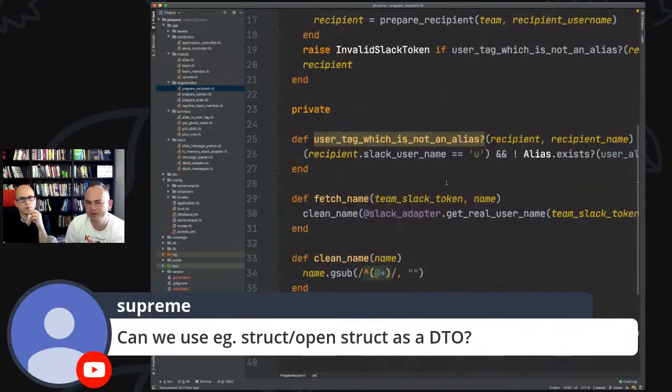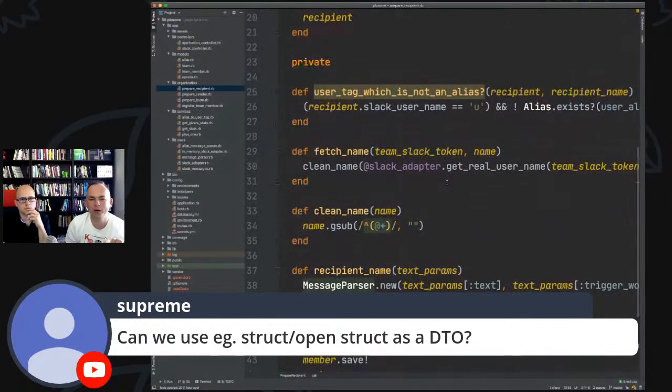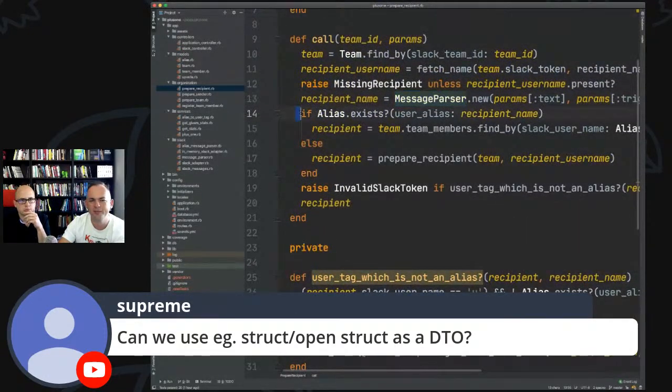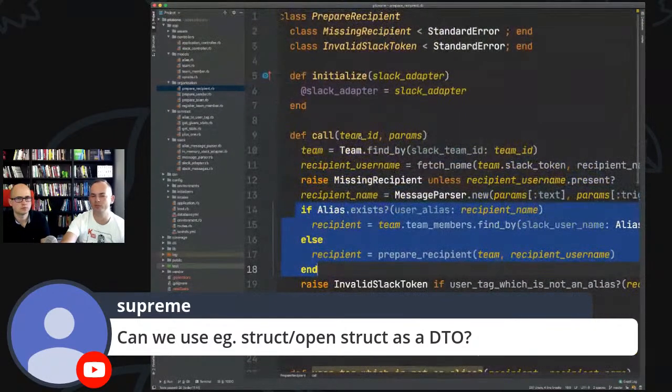Yeah. So there's a mix. Partially it's a repository, partially it's because we are in the prepare, right? Yes, prepare recipient. Partially it's some kind of Slack adapter, and also partially what we are doing here is, okay, it's not really part of the repository, but we have this recent logic of aliases. So I can have Tomek Stolarczyk, or I can have Tomasz Stolarczyk, because when people +1, they will usually forget what's the right way, and they will confuse and create something new. So this new logic of aliasing is a new logic. So I put it here, knowing this is wrong. This is not the right place.